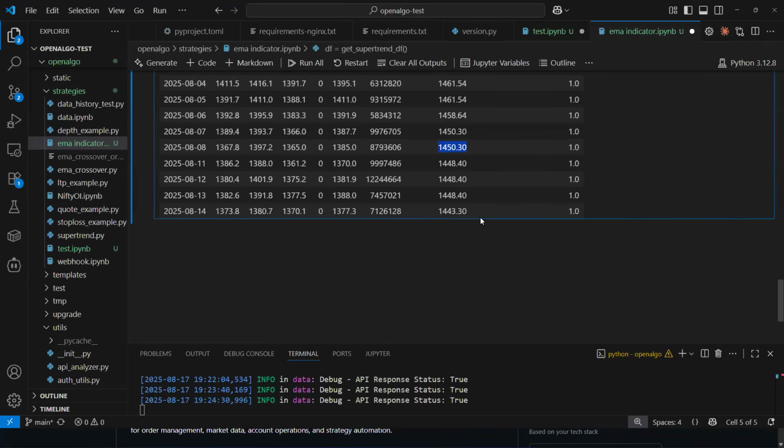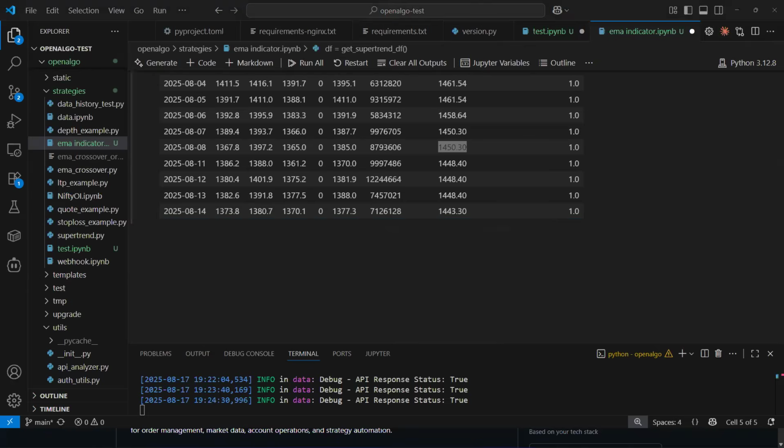So I used a daily chart as a reference. I have to try with a couple of stocks as well, not just Reliance, and try matching those values. If daily is matching, my idea is that it should be matching with every other time frame, unless the data is skewed, right? So I use the daily time frame as a reference, and for benchmarking, what I had to do is